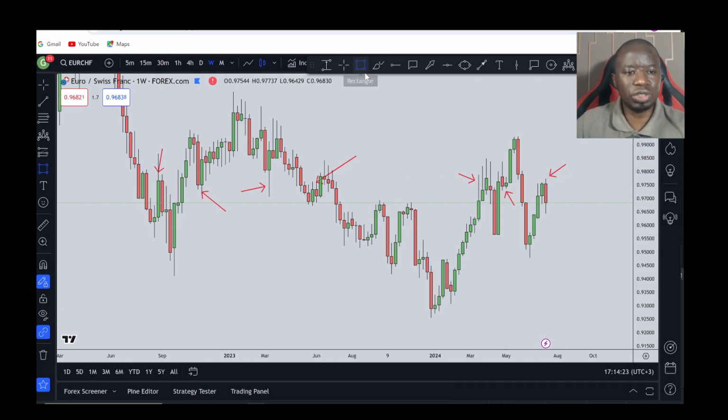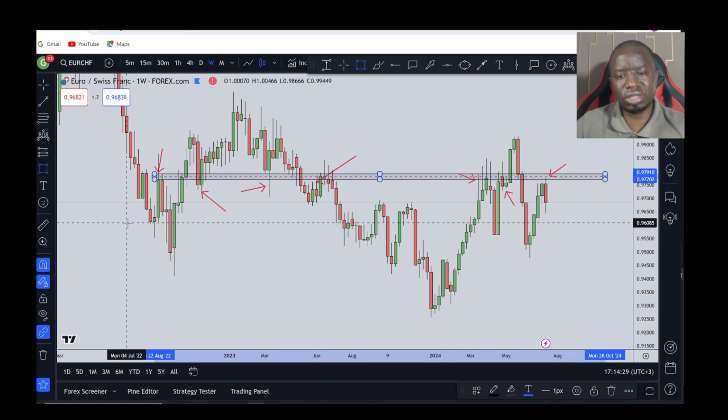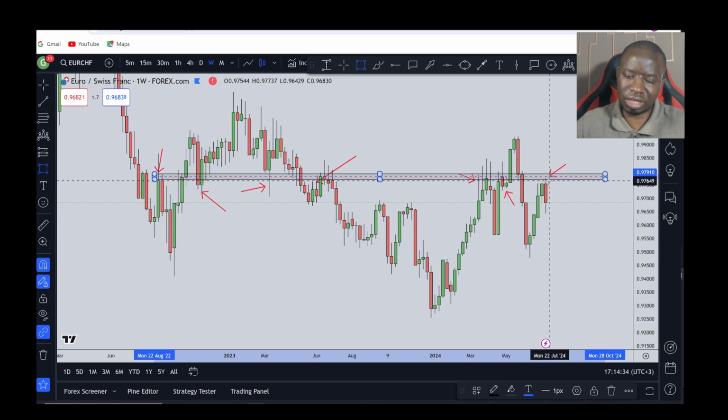And now when we join this area from the left to the right, you can see that this is a very strong rejection area, and now we see that price is touching it, and we can have confidence that this area is also rejecting price. And the fact that it was able to hold it to the downside means that we could see price move to the downside. And so this leaves our perspective as far as the weekly time frame is concerned as